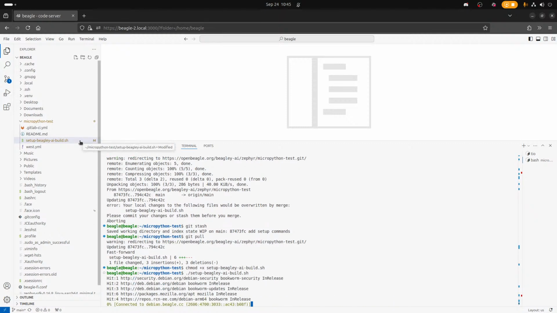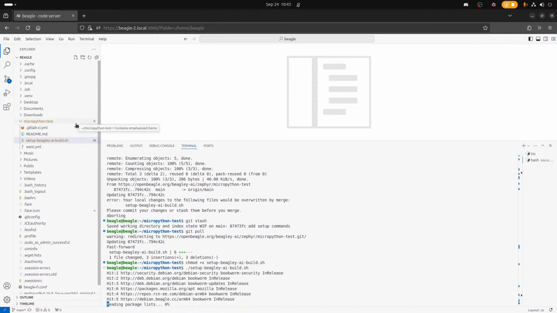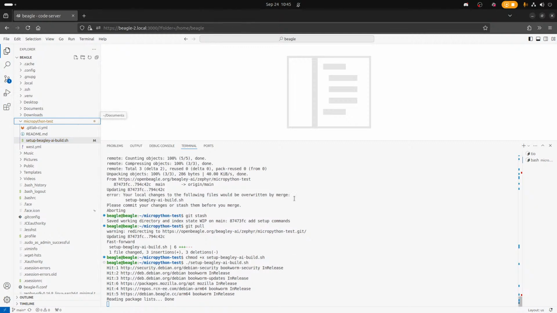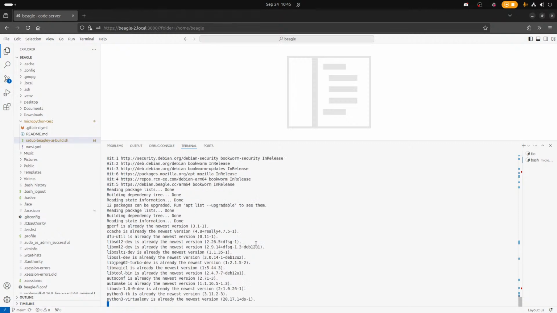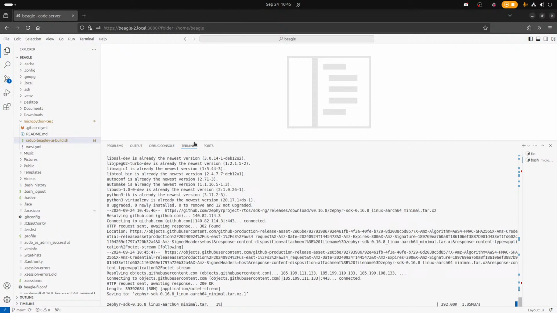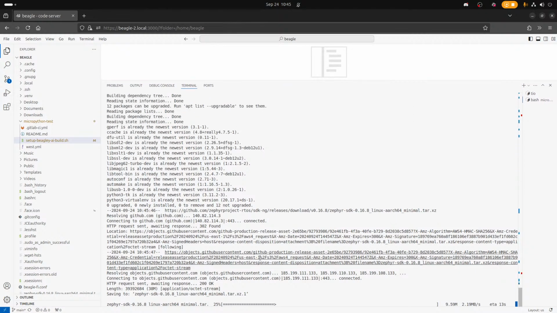Re-download it. It's not actually going to extract the new one. It'll extract the old one.